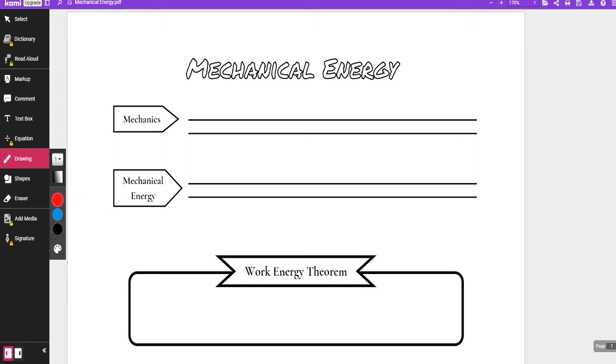So this is our lesson on mechanical energy. We just finished learning about regular energy and a little bit more about force diagrams and the way to kind of break down those components. Now with mechanical energy, we're going to move into the study of mechanics, so kind of putting some more stuff together. And our study of mechanics specifically is the study